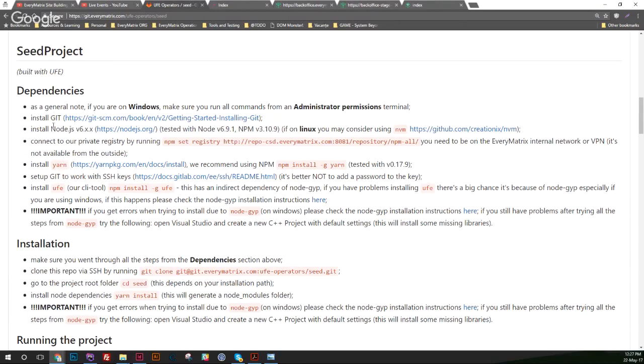And then when you have this in place, you need to set up Git to work with SSH keys. Most of you have done this already for OMFE, for example. So you don't need to do it again. But if you don't have access to it, just let me know and I'll help you with this. And then